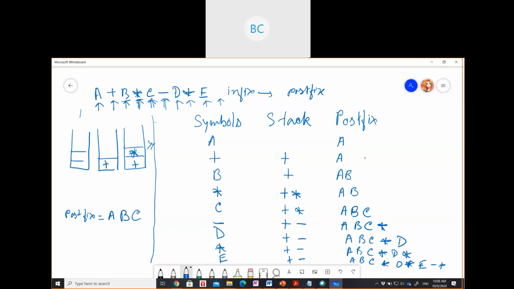I guess I should stop it here, otherwise it will be too much for you guys. Then you guys will get confused. So today you just process the postfix evaluation and prefix evaluation. Okay? Is it okay? Because then again I'm going to show how to convert it using stack and all, then you will get confused. So today you just see how to evaluate prefix and postfix. The simple one I showed you guys, just the evaluation one.